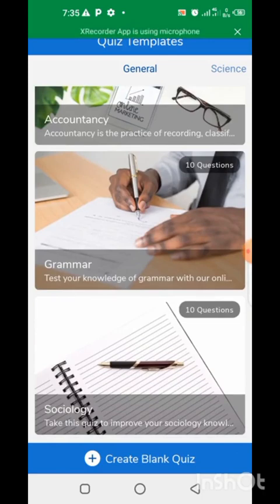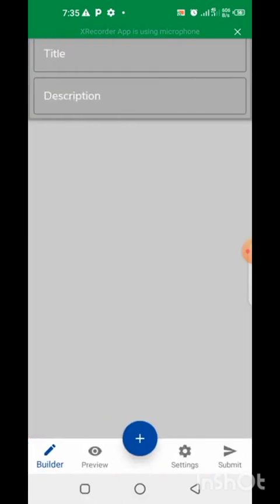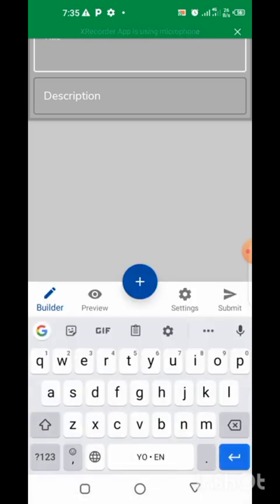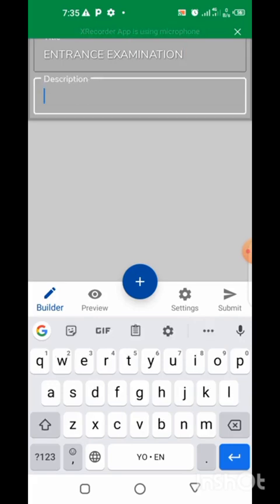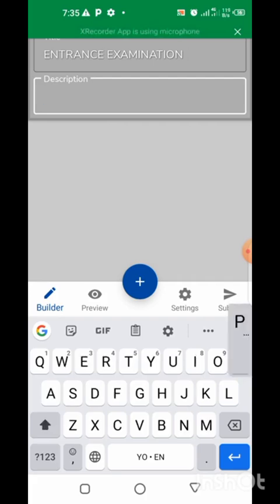But we want to create a blank quiz. Let's start the quiz from scratch, right? So we click on create blank quiz. After clicking on create blank quiz, we have these two things. We have the title and we have the description. So the title could be, just as an example, entrance examination. Then the description can be,